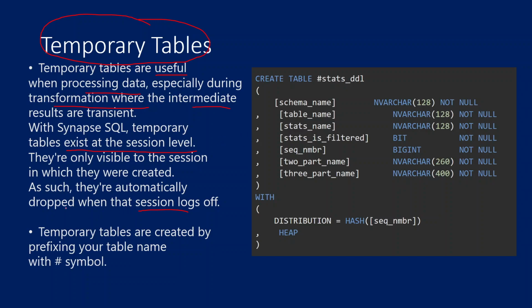Okay, these temporary tables are created by using the hash symbol in the syntax. If you see this CREATE TABLE, then the table name, if you closely observe, we are using this pound symbol or hash symbol. This symbol defines whether it is a normal table or a temporary table. Then here you provide your entire column list, and then the WITH keyword gives the distribution type of that particular temporary table in Synapse SQL. Okay, so this is the syntax to create it.